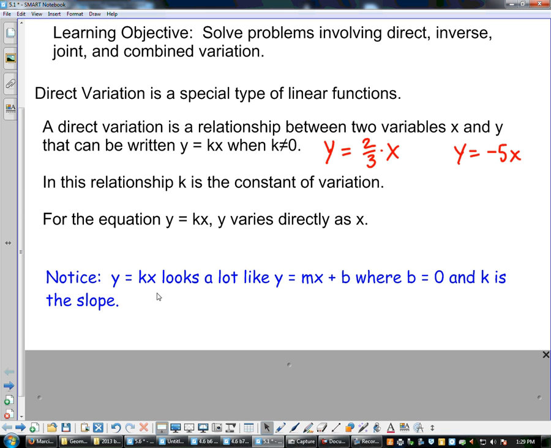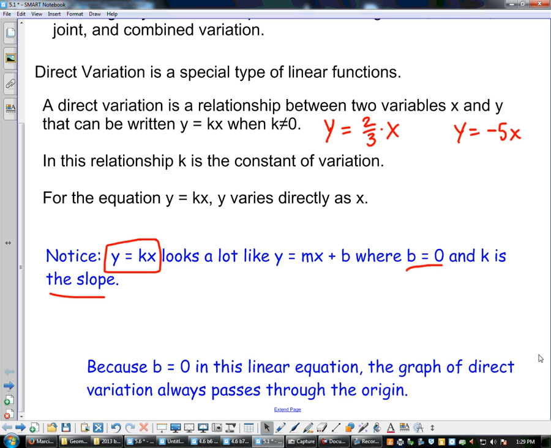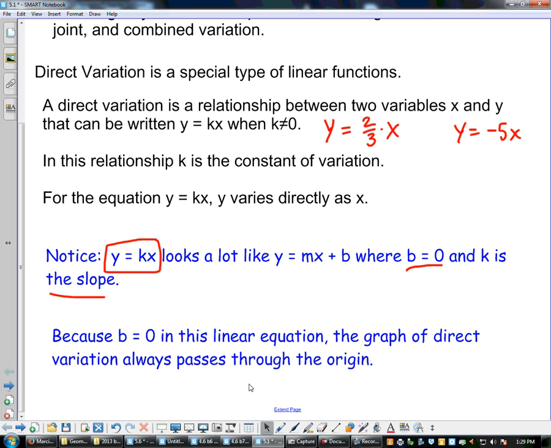So notice y equals kx looks a lot like y equals mx plus b, but there's no b. That means the b must have been equal to 0. All right, and the k is really just your slope. So in y equals kx, it's just a linear equation that has a slope of k, whatever the k is, and the y-intercept is 0. Because b is equal to 0 in this linear equation,